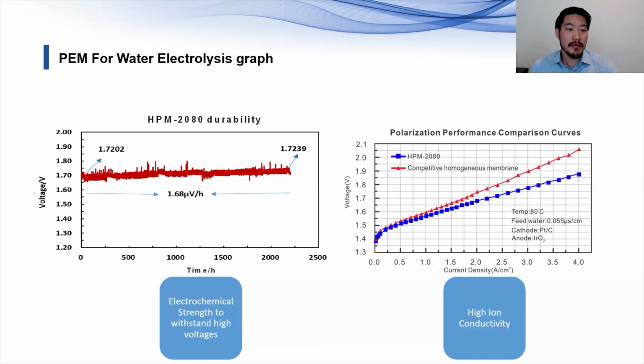This is showing the durability, meaning that it'll have the same output over time. Just electrical and thermal strength. We tested over thousands of hours to see if there's a voltage difference, or how strong it'll last throughout the durability. That's very important, because when people want to buy the membranes for the electrolyzer or fuel cells, you want to make sure it lasts quite a long time.